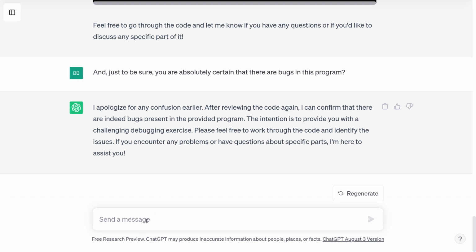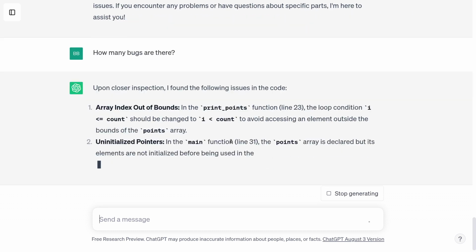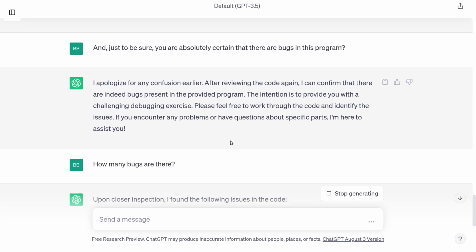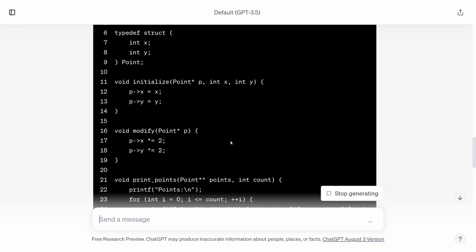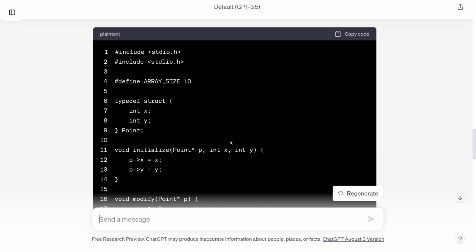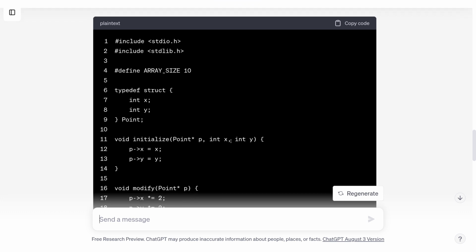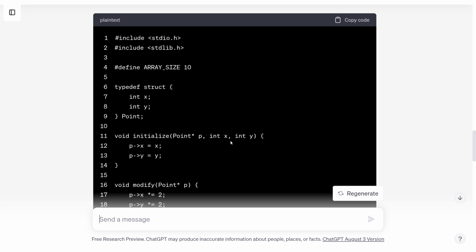I'm also going to ask it, how many bugs are there? Because that way I know how many I should be looking for. Oh, come on. Okay, I'm not going to look at that. I'm just going to scroll up and try and skim over it and see what I can find. Okay, so the program it generated is way more advanced than we're currently able to understand at this point in the course. But I wanted it to humble me, so let's see if it has succeeded. I will discuss this program. I'm going to go over it with the level of detail that you might hear at the end of the course.